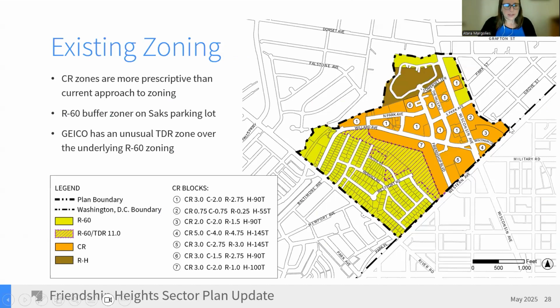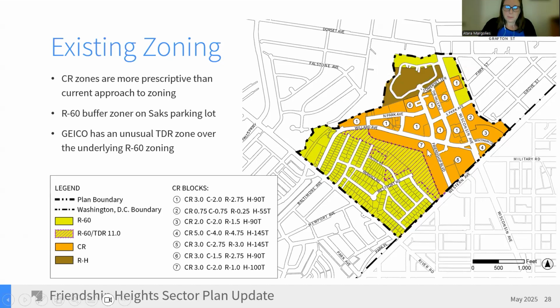So now we're just going to look at the existing zoning of the plan area itself. The zoning in the downtown is mostly commercial residential, or what we call CR, with two notable exceptions. The Geico parcel and the Saks parcel, and I'll show you where those are here. So the Geico parcel is this large parcel here that has these interesting patterns on it, and we'll talk about what that means. And then the Saks parcel is the one up here with the orange in the yellow parking